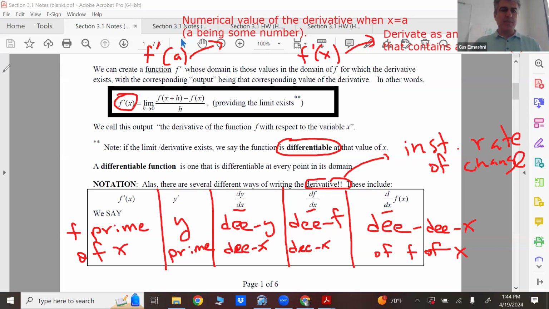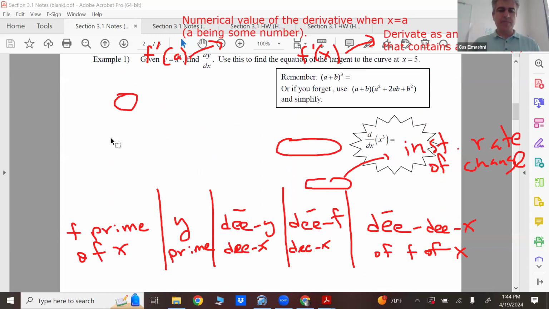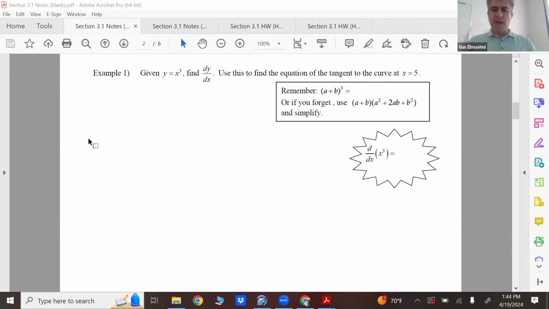All right, so let's keep moving. What you want to do here is find the derivative and use that to find the tangent of the curve at x equals 5. So what we're going to do is this: the limit as h approaches 0 of f of x plus h